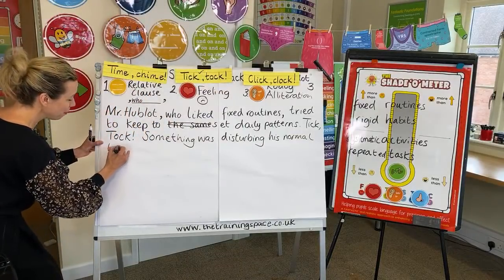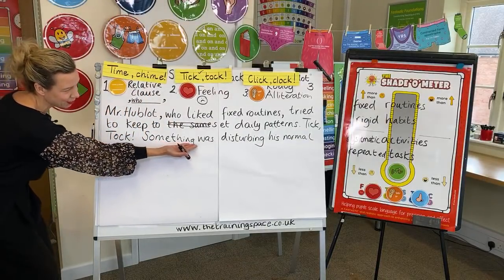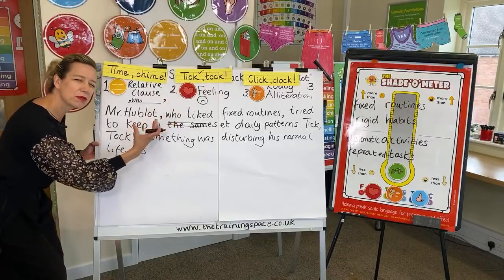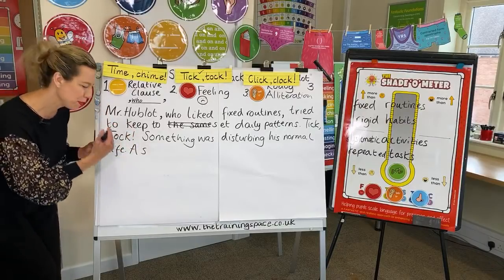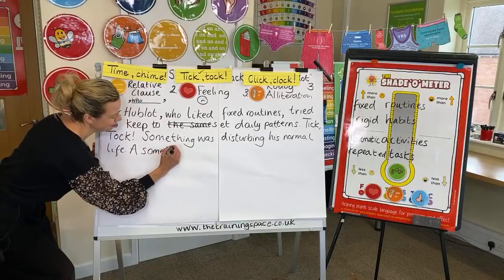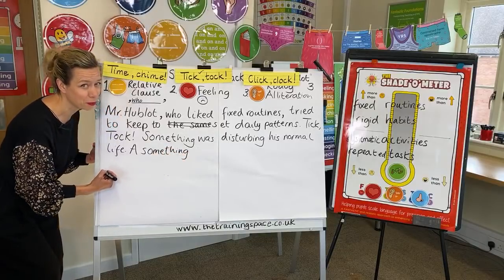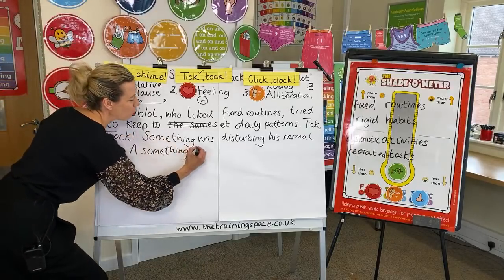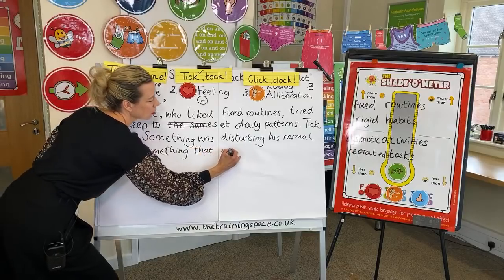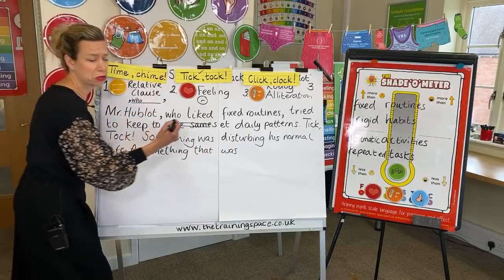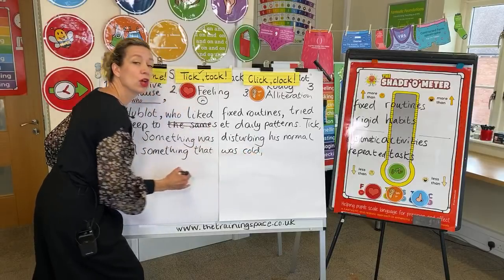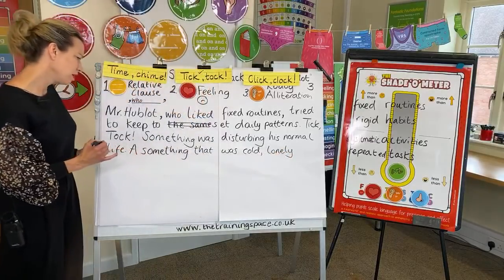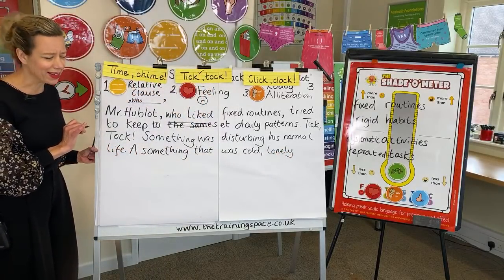Full stop. And now for emphasis, I'm going to repeat this something. A something, and now I need to think about how we can really create some empathy here. A something, and when you watch the film, you'll know exactly what I'm trying to do here. A something that was cold, lonely. Oh, the poor robot dog. A something that was cold, lonely, and